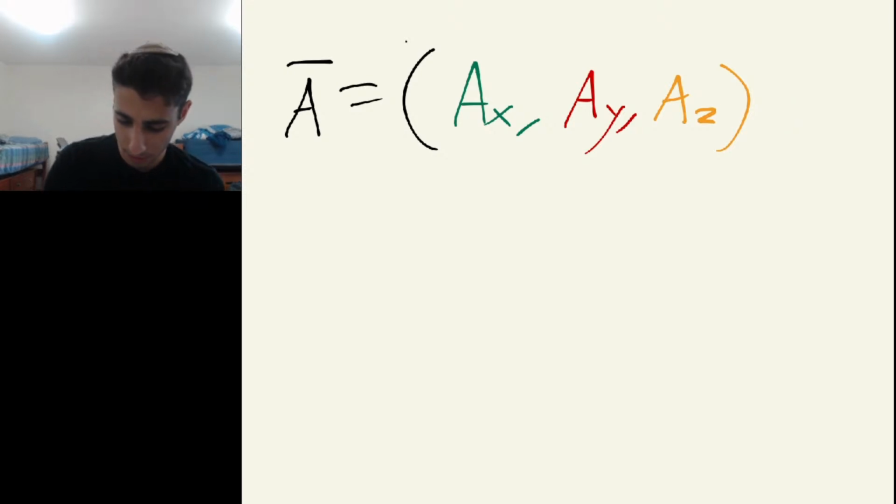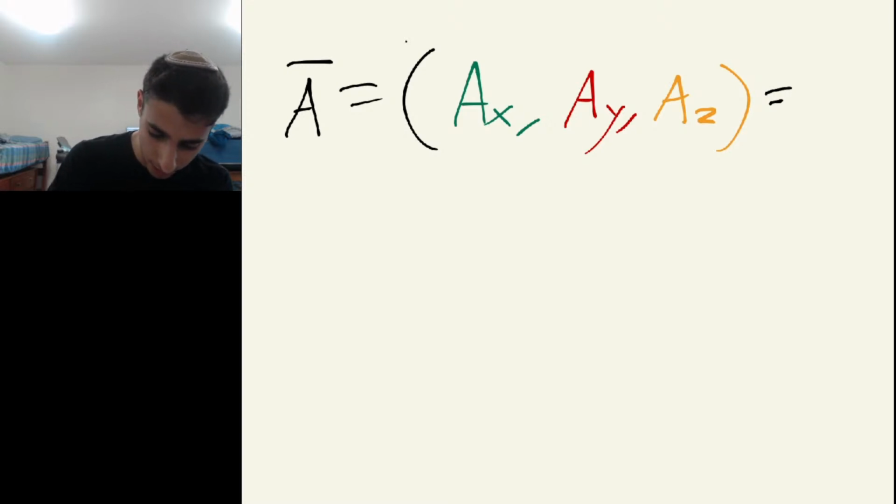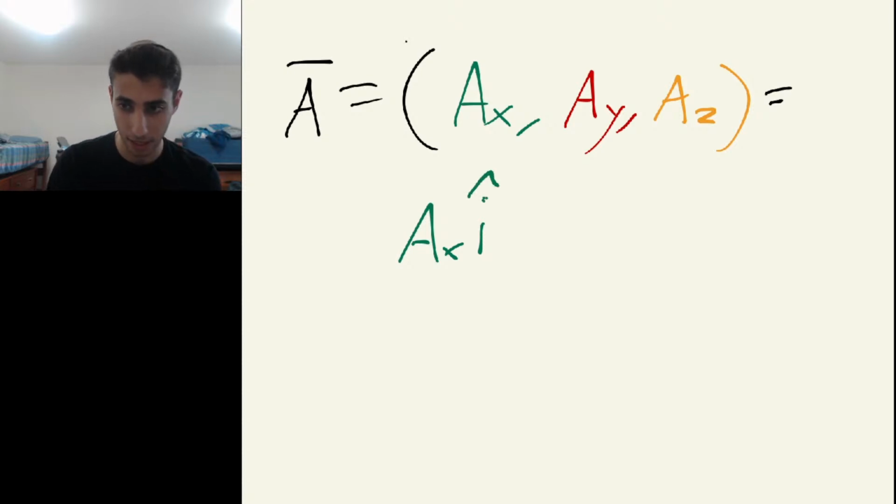Now let's talk about another notation, which is hat notation. Instead of saying it like this, in tuple notation, we could define a vector in terms of a sum. We could add up a bunch of different vectors. What vectors would we add up to get to A? We would say a sub x times the vector i, and a sub x would be a scalar, so this is scalar multiplication, plus